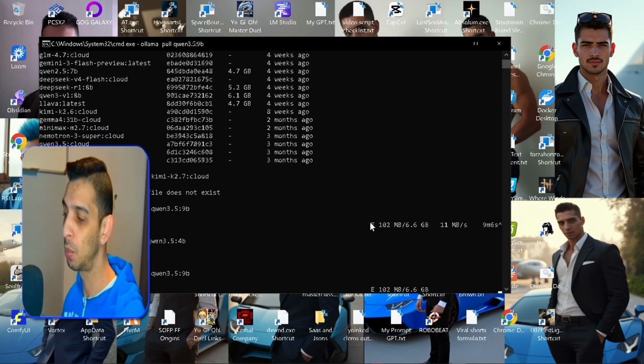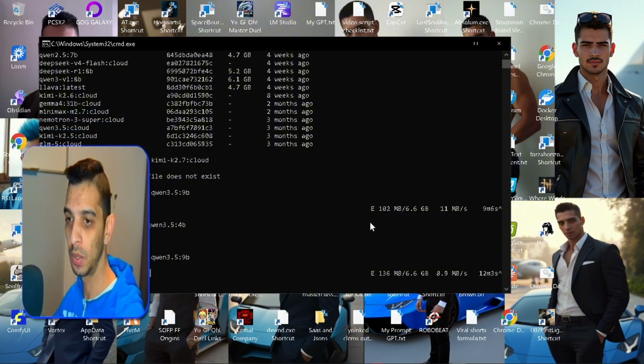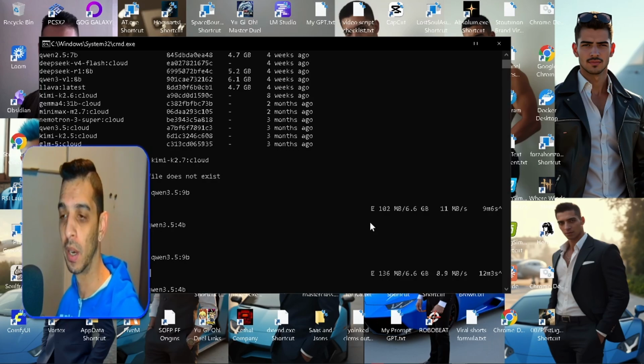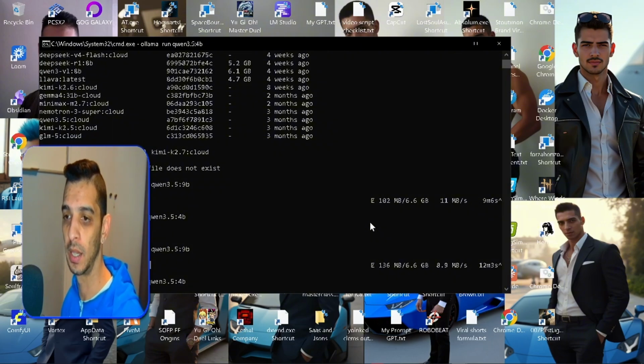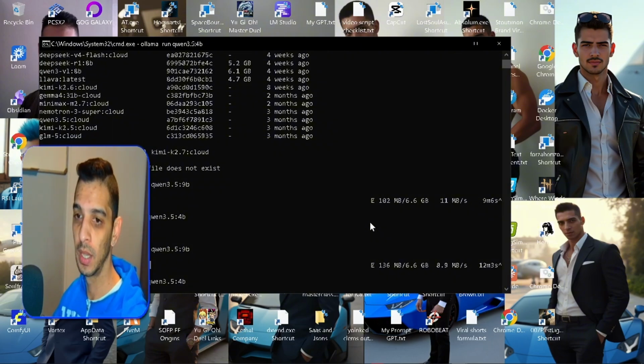And as you can see, it's pulling the manifest, it's downloading the file. Once the file is downloaded, you can actually run the file by using ollama run and the model name. Since I have the 4 billion pulled, I'll run that and it will load the model. And then you can type a message like hi or yo, whatever message you want to test to make sure